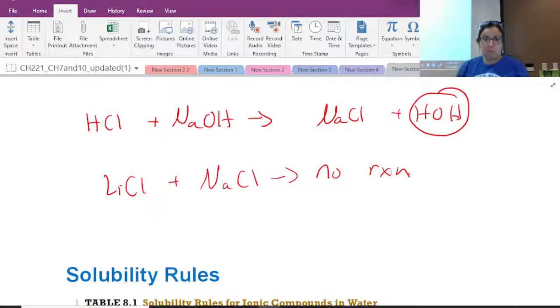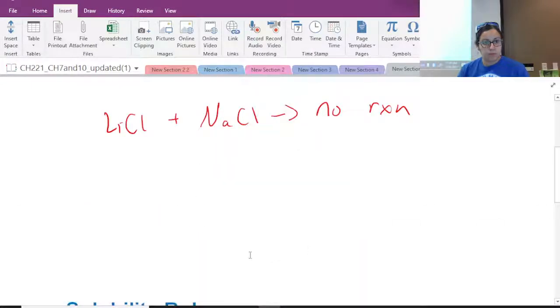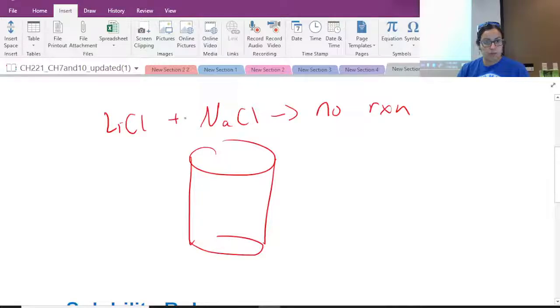There's not a difference between them. They both have the same anion, so they're both still going to be completely even if they do dissociate in water. They don't change form. It's technically not even a switch, because it's just lithium ions and sodium ions mixed in with chlorine ions. That makes sense. Exactly. I picked an easy one where they were kind of the same